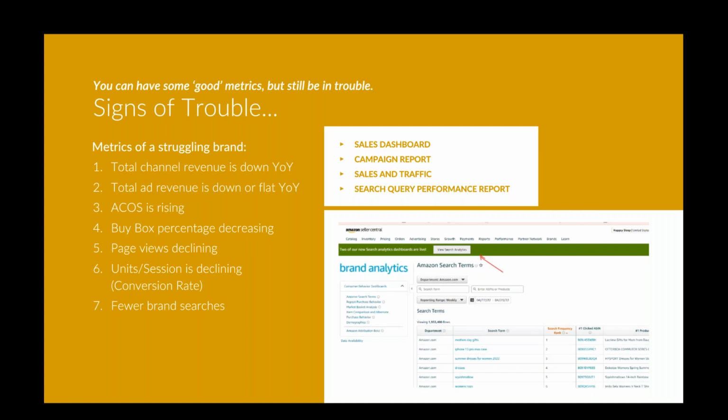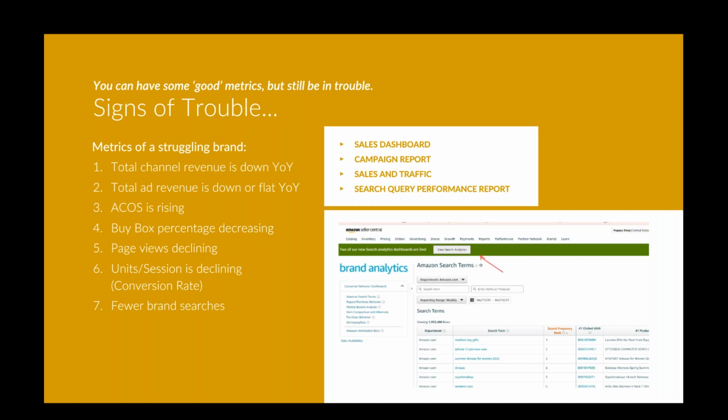Unit session rate, or what can be considered conversion rate, is another thing to keep a close eye on. So this is, again, how many units we're selling per unique sessions we're getting to our listings. So as we're getting unique shoppers engaging with our brand, is our conversion rate, again, our organic conversion rate, increasing or declining? So really important metric to keep an eye on as well, kind of flies under the radar, but really want to keep a close eye on if we are converting unique shoppers as they interact with our brand.